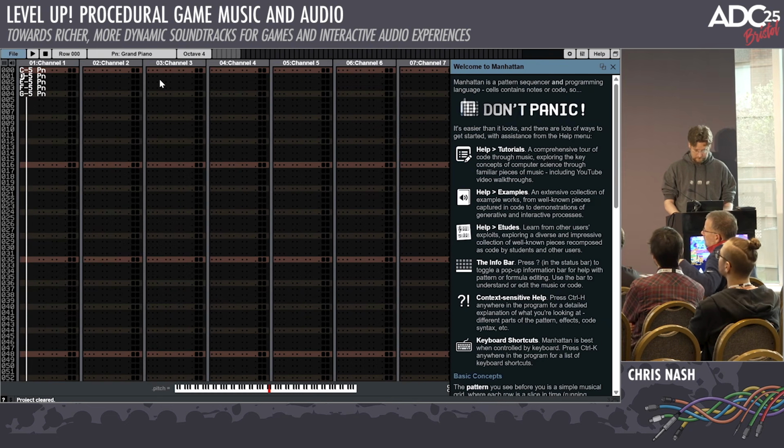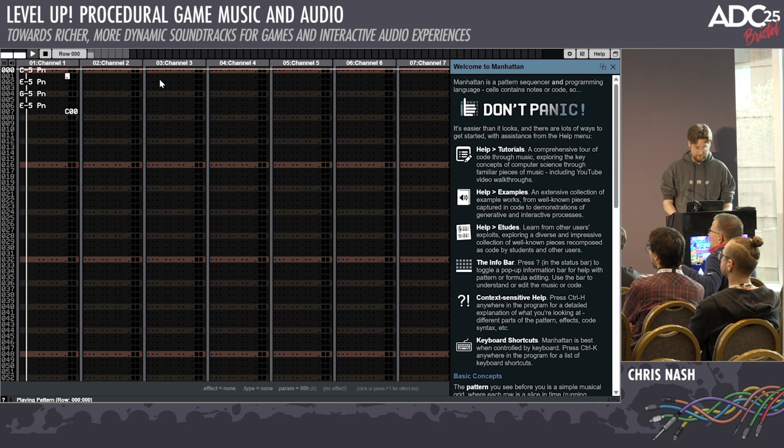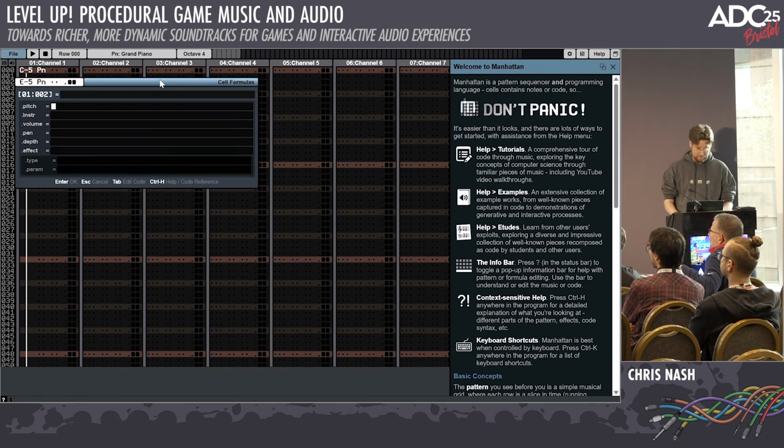Right. I can write music. I can do things like loops, which we can do in music, so that's fine. And then I can make it slightly more interesting. So maybe it's a random pitch between D sharp 5 and E5.